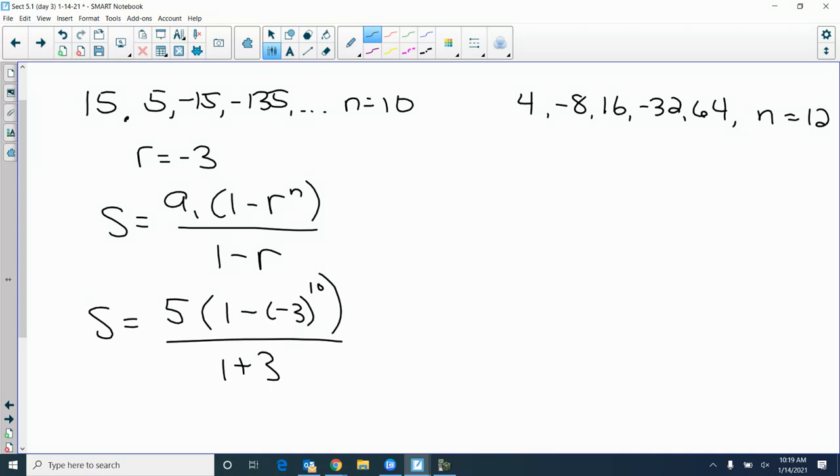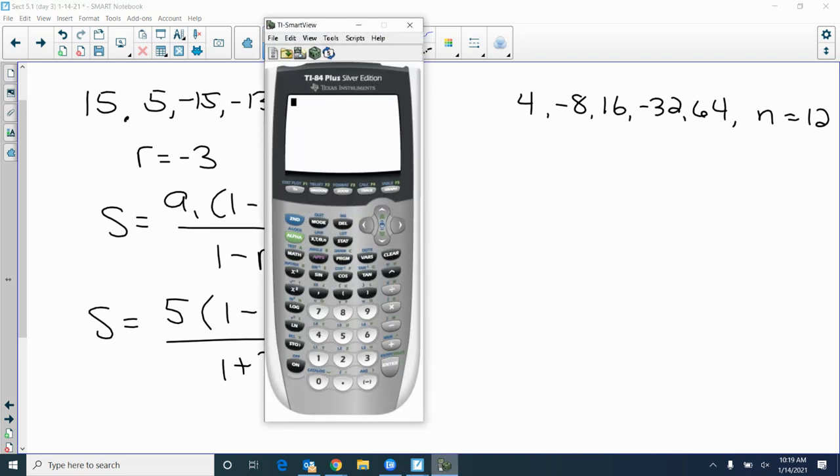Some of you just made that a plus. Can't do that. Okay, you can't do that. You got to take -3 to the 10th power. Is that going to be a positive or negative value? It's going to be a positive value. So now it becomes 1 minus that positive value. So here's what you got to watch. So like on your calculator,